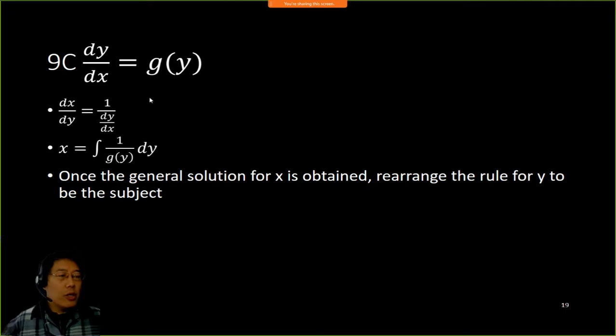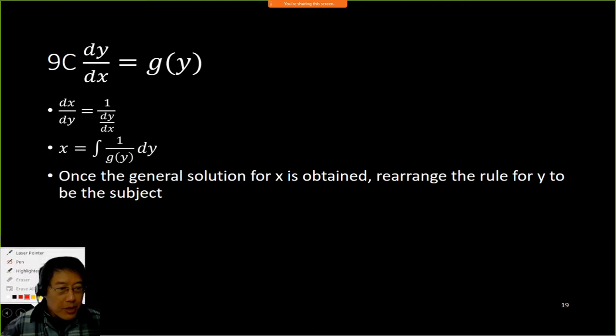So what you need to remember is there is a rule: dx over dy is 1 over dy dx. That dy dx is coming from being equal to g of y, so we substitute here g of y. So it's going to be 1 over g of y. And what you do is you rearrange the equation to separate the variables x and y. I think it's jumping a step here, but